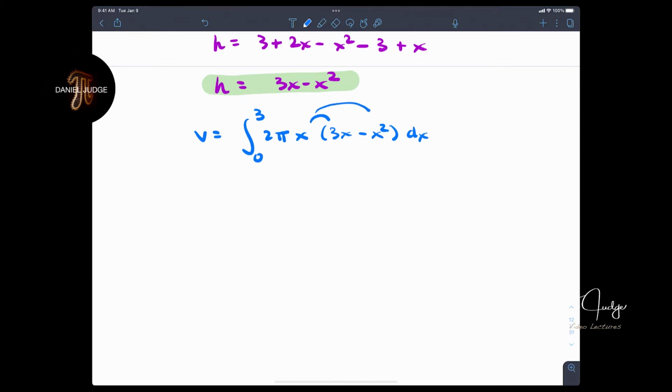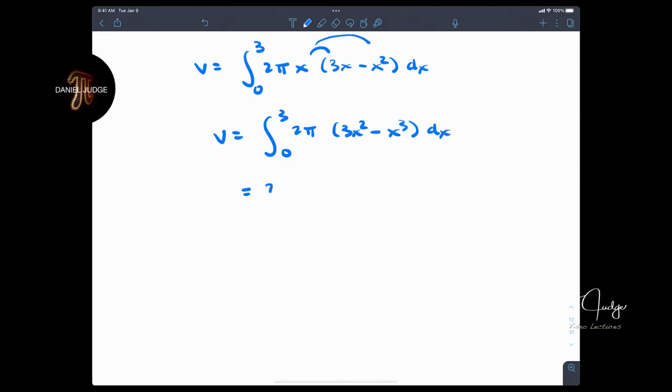So you can distribute. Okay. So pull out your 2 pi, 0 to 3, 3x squared minus x cubed dx, 2 pi,